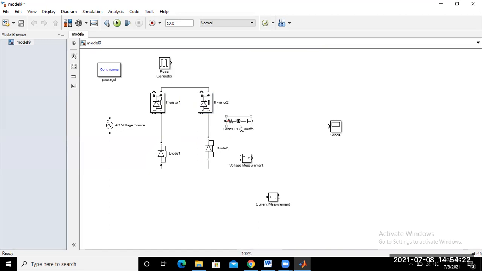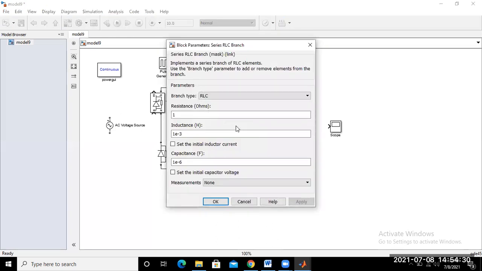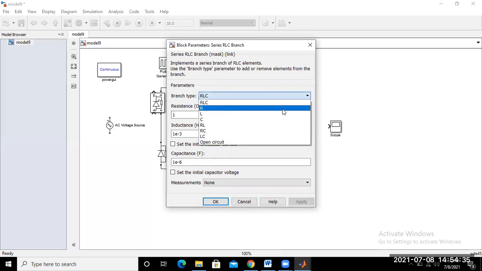Now, just connect the load. So again, first of all, click here, double click. So you may choose load types. That means purely resistive. So click here and select according to your load requirement. So either it may be RLC, R, inductive load, capacitive load, RL load, RC load, LC load, and something like this.